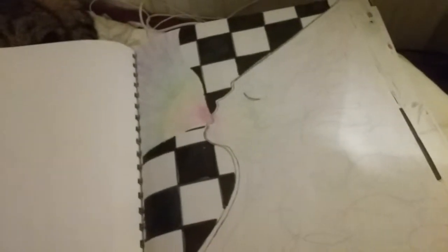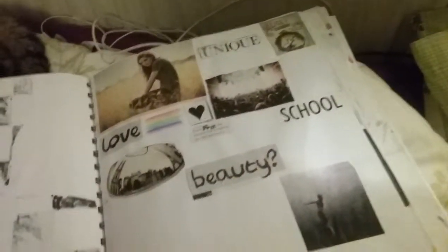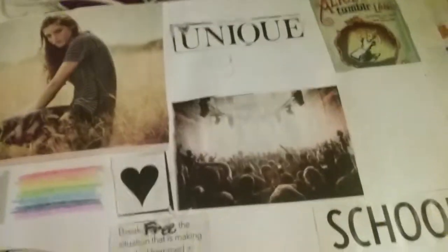And then we have a couple different things. Then I started looking at mood boards. So this one is just stuff I liked from fashion magazines, because I had loads of them, and it was a bit, I don't know, angsty. And this is just another sketch of a rose. I was really pleased with this one because it was just a quick sketch and I really like how it turned out. This one is